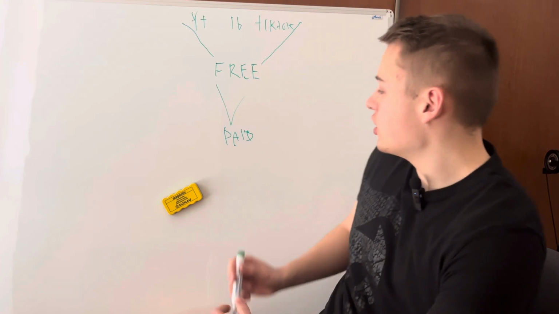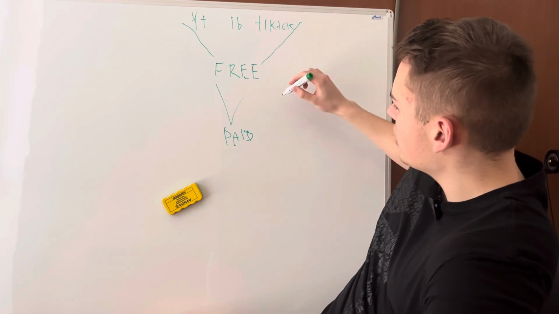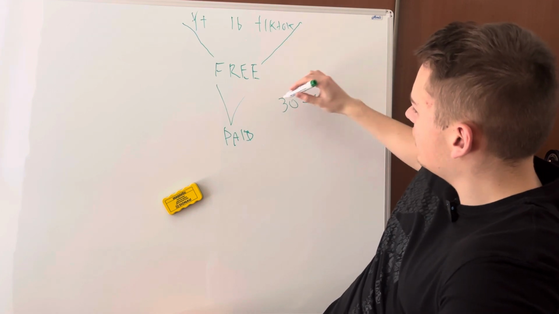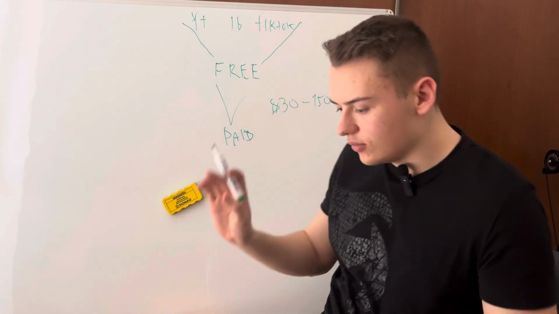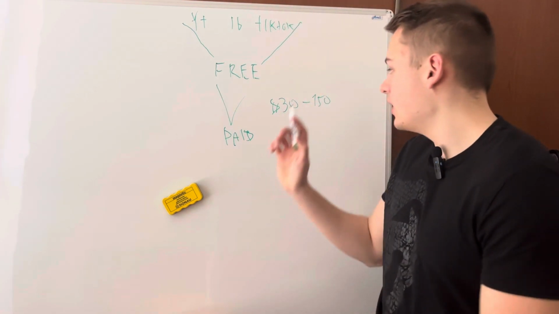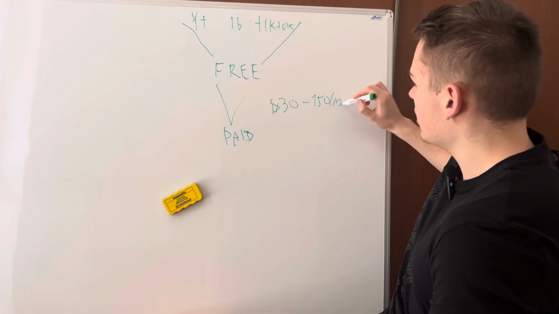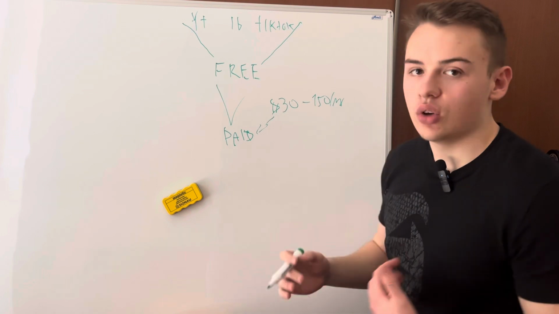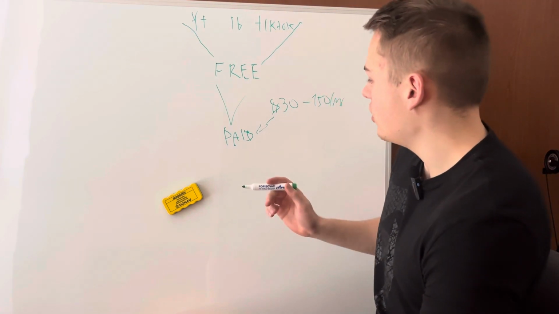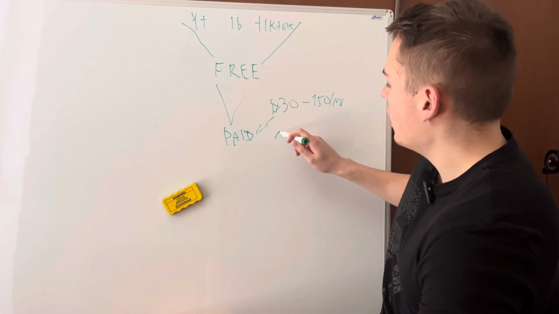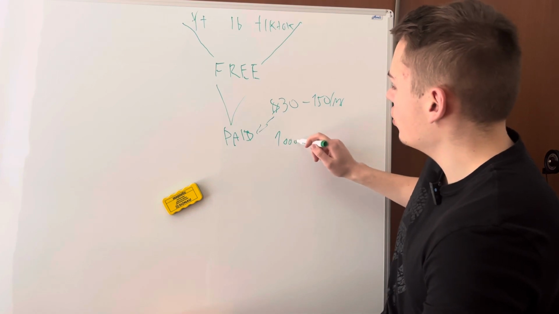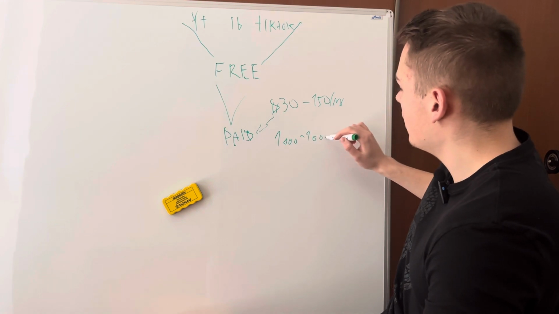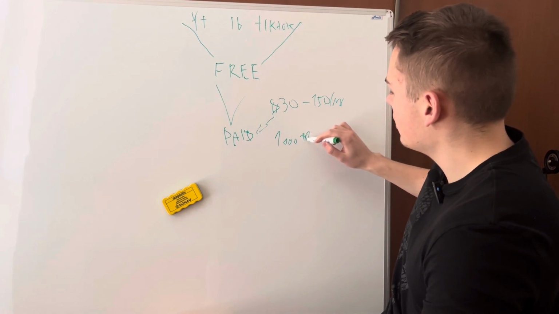And usually they charge between, I don't know, $30 to $150, and they charge it monthly. So this is what you can do: have one Skool community and charge something in that range per month. Or, like what I do, you have the paid coaching program, and there you can charge high tickets, so you can go anywhere from $1,000 to, let's say, people are even charging $10,000. Maybe even more if you have something really good.